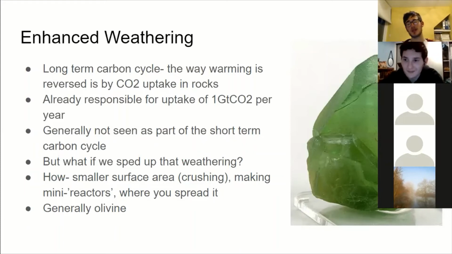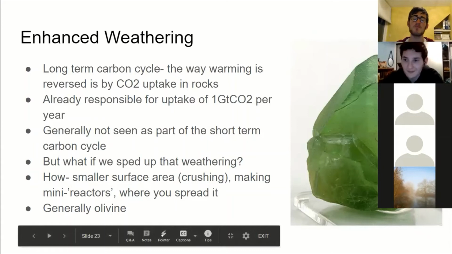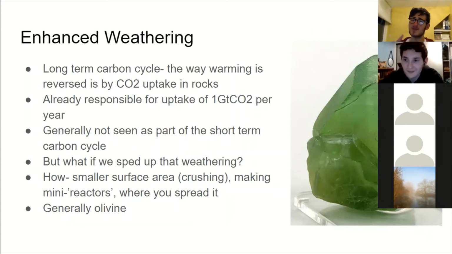We generally use rocks like olivine, which is the rock you can see here, but we can also use other rocks as well. There's another variant of this, where rather than on land, we put them in the ocean, because the ocean is getting more acidic, because it's absorbing carbon dioxide from the atmosphere. So the carbon dioxide makes the ocean more acidic. When it does this, it is causing huge amounts of damage to marine life, and this can have devastating consequences for both the oceans and for the billions of people that rely on the oceans for their food.